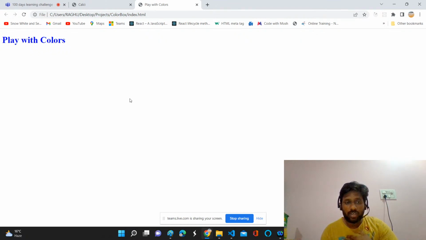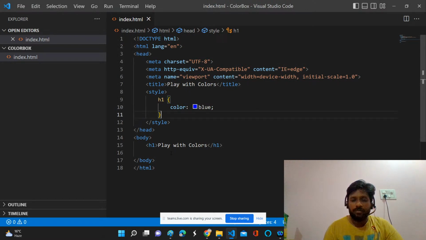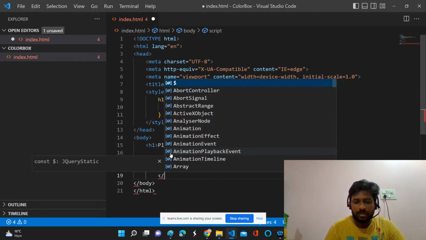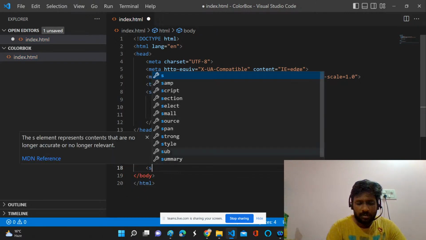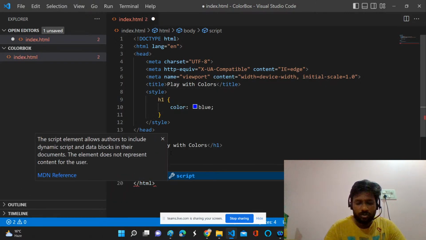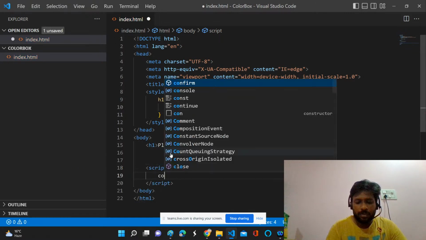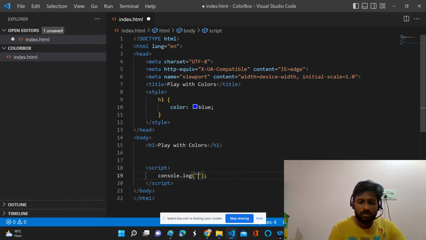So far we have learned JavaScript. Till this point every day we are writing some JavaScript here, and we are checking the information in the console, right? But from today onwards, we are going to interact with the web page properly, and we are going to do some projects. So if you see console.log,